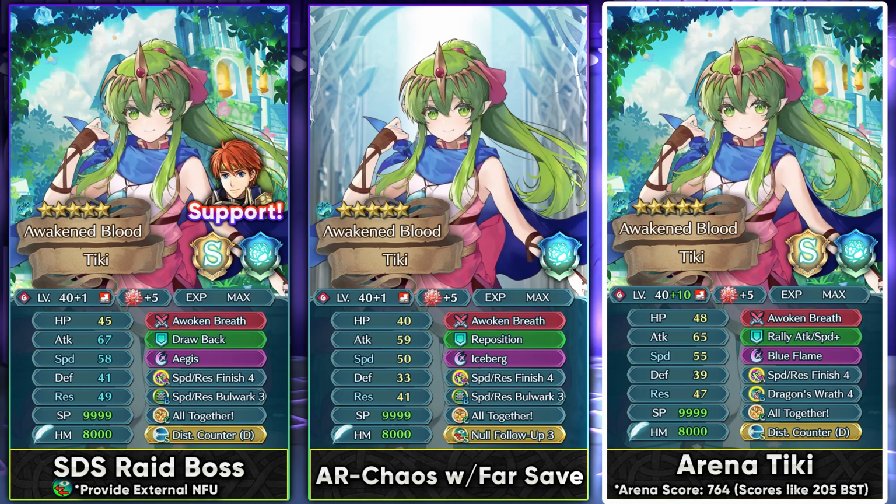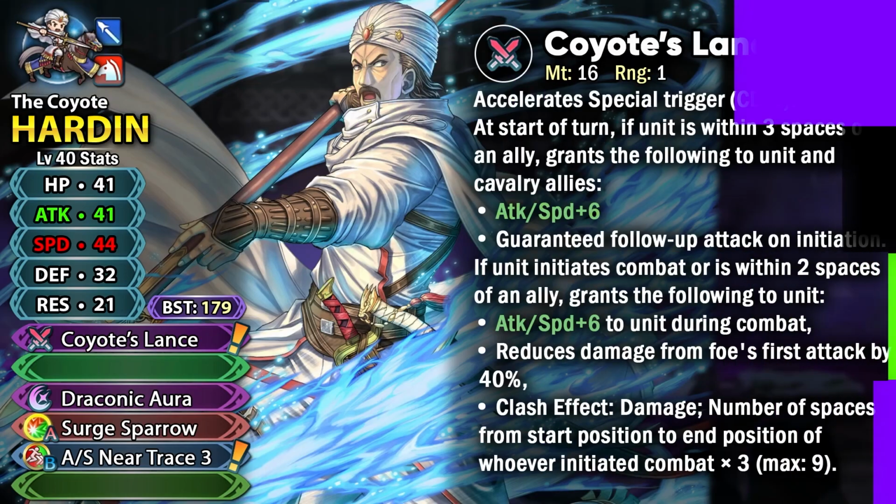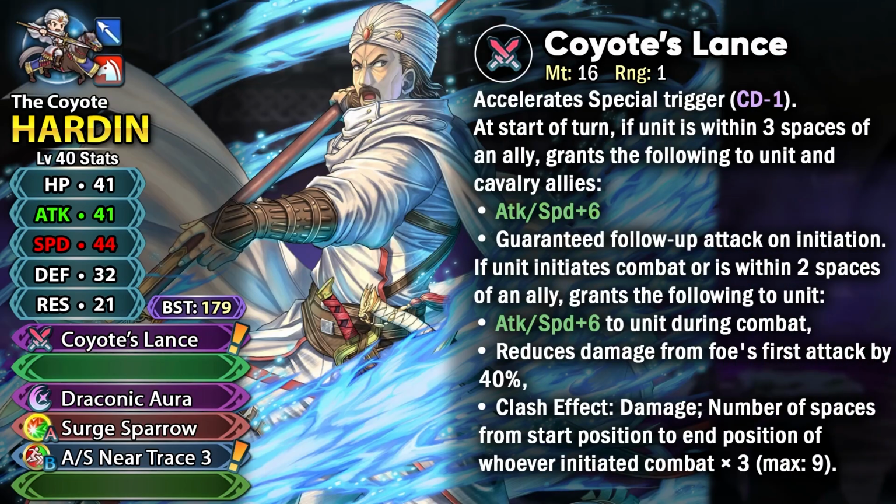And in Arena, rally skills are very common, so again, ignoring the visible buffs of the enemies is going to be helping you in another competitive game mode. Hardin this time is a Lance Cavalier with Coyote's Lance as his preferred weapon. This gives him -1 special cooldown, and if he's within 3 spaces of any kind of ally, then he can give himself and the cavalry allies within 3 spaces the +6 visible attack and speed buff,